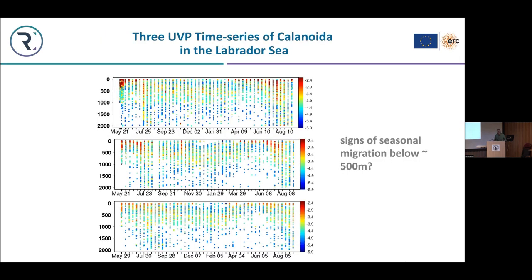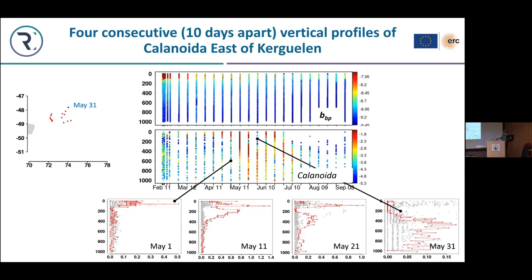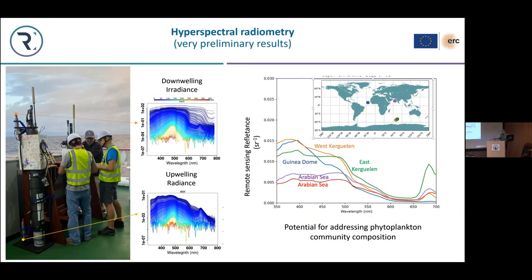With UVP data, we begin to have, for example, time series for copepods. Sorry for the units, for the moment it's not clear, but at least in relative trends it is. You can see on the Kerguelen Plateau that we have here some very strange and unique calanoid data over 1 month. You can see this kind of dynamics that we begin to have. For optical oceanography, we begin to acquire remote reflectance at the ocean surface.